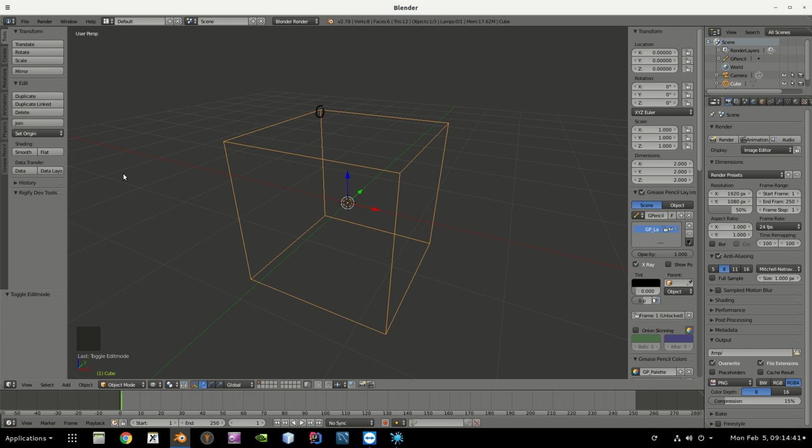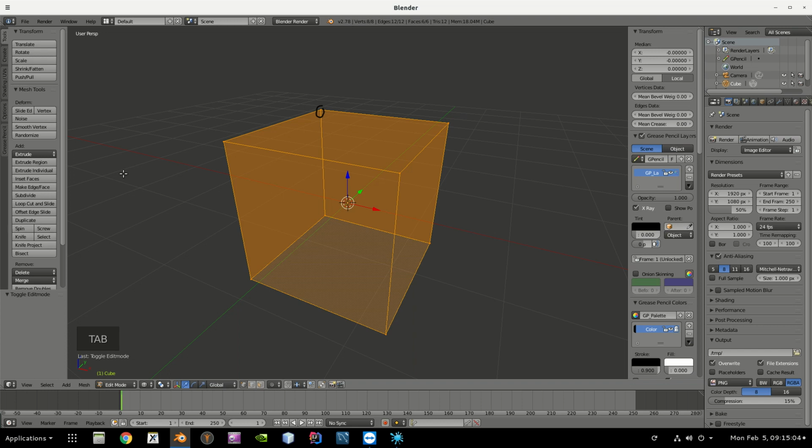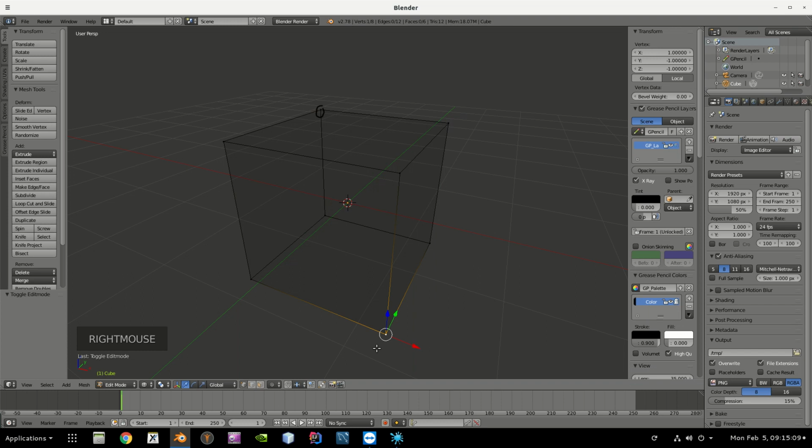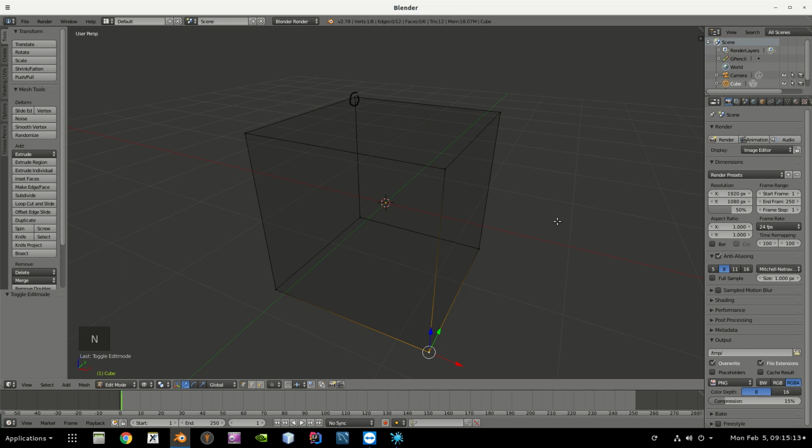What the edit mode allows you to do is edit the geometry of it. You can change the shape. You can play with the points. You can move them in any direction. You can play with the edges. You can do all that. So right now we're in the object mode, and if I switch to the edit mode now, I can select individual vertices. Like I can click over here, and if I bring up this properties tab with the N key,